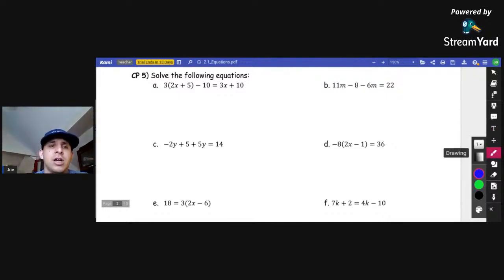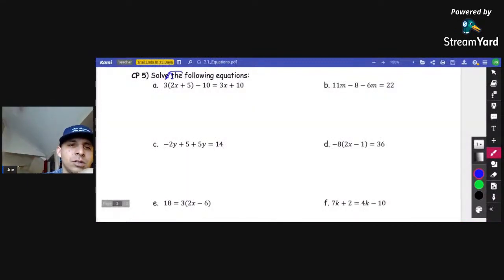So taking a look at 5a, we've got a lot of symbology. First and foremost, we see parentheses. Parentheses must imply multiplication unless there's a symbol separating, and if there is, then they're just trying to trick you. So first and foremost, I want to alleviate myself of any type of grouping symbols. So we would want to distribute